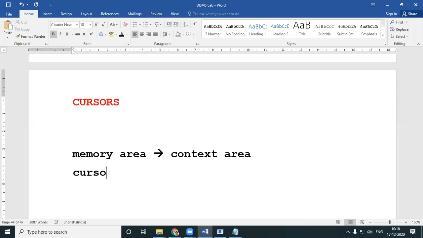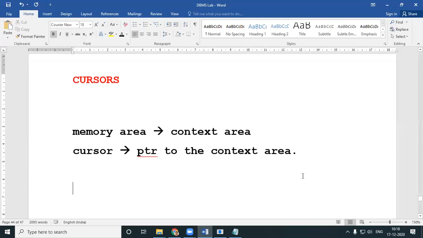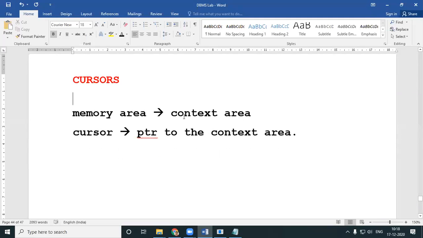These cursors are pointers to the context area. You call them by the name of a cursor. Or in other terms, we can say in PL/SQL, the control of the context area, or the control of the memory area, is via the cursor.